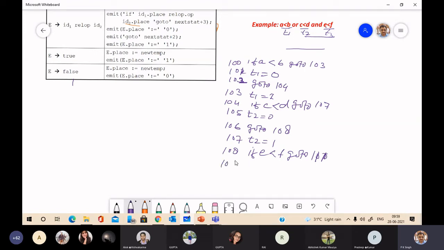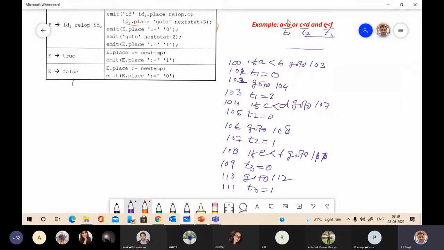Now 109 is the new temporary T3 equal to 0. 110 is go to next state plus 2, that is 112. And 111 is T3 equal to 1.